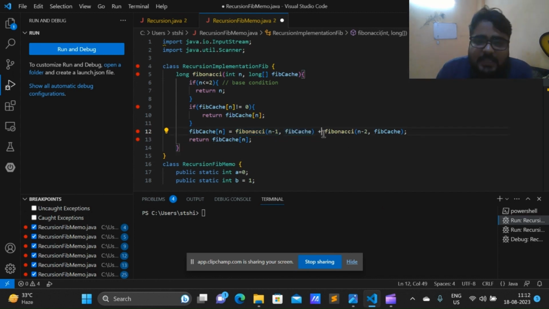And it again goes for this n minus 2. n minus 2, 5 minus 2 is equal to 3. So is 3 less than 2? No. Is 3 available inside the cache? No. So it is also going to store inside stack memory. Okay, so what is happening here? If you see what is happening here,